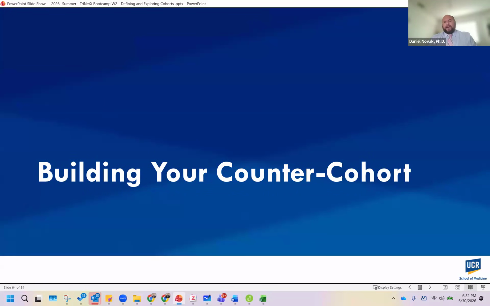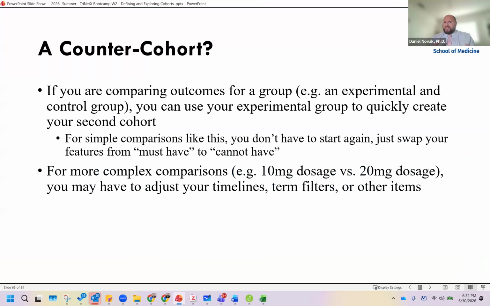We're going to talk really quickly about building your counter cohort. So this is as much conceptual as it is about what buttons to click. If you're comparing outcomes for a group, like an experimental or control group, you can use your experimental group to quickly create your second cohort. This goes back to